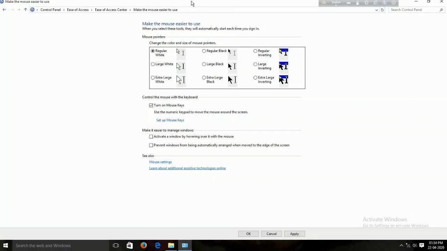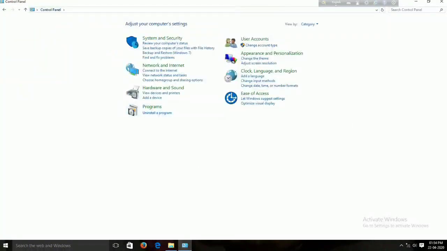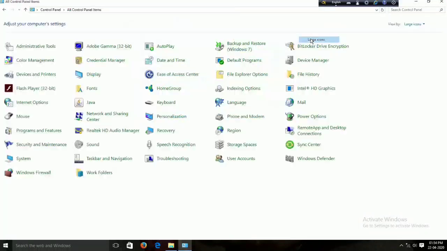Now let's see more settings that we can change in our computer. Go to control panel, then go to category option. You can make it large icon, then go to file explorer options.